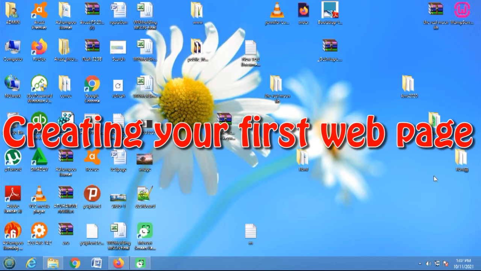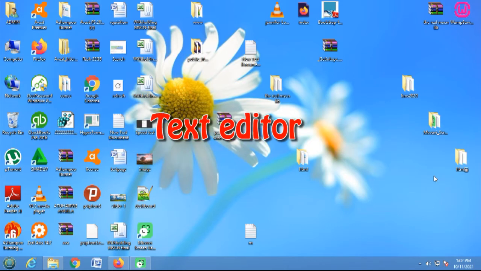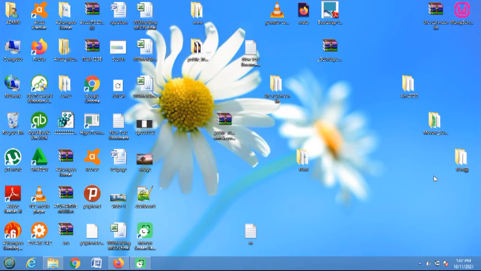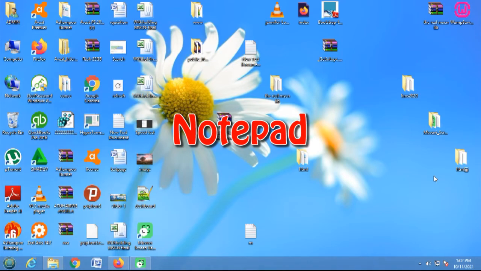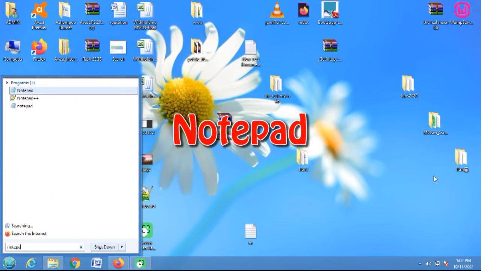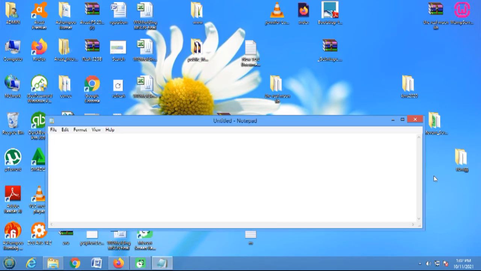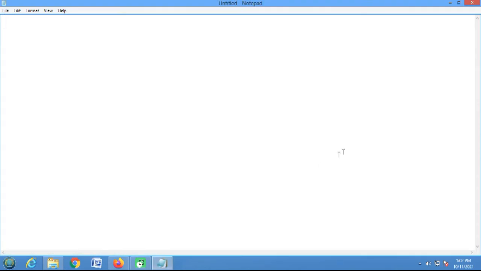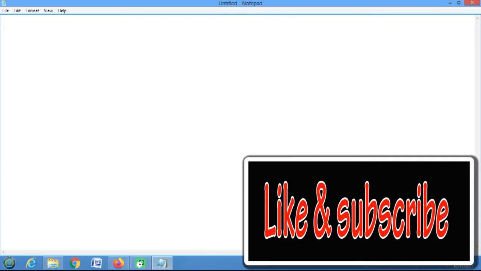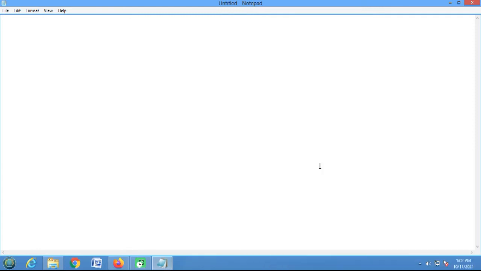So, creating your first web page. Open up your computer's text editor. You can use any, like Notepad for example. If I'm opening my Notepad, then every web page must have specific lines of code that you have to put there. So